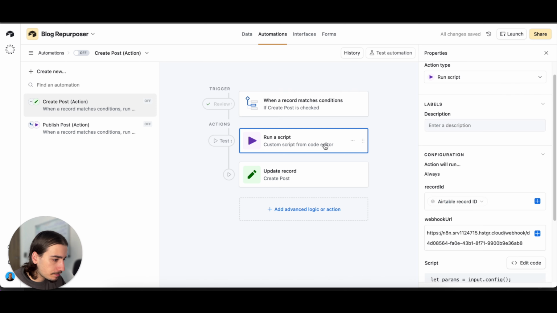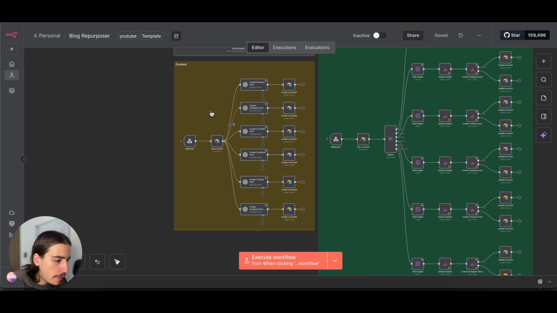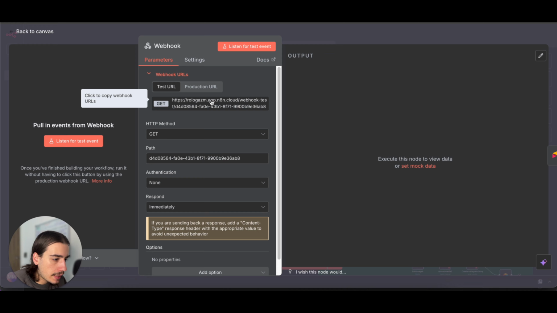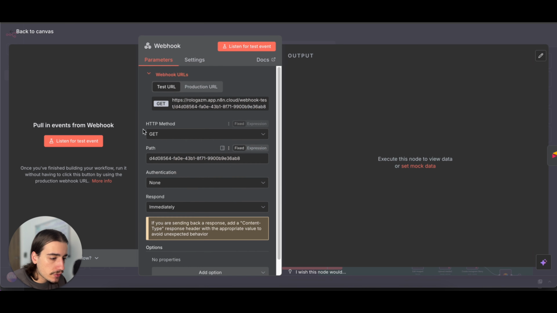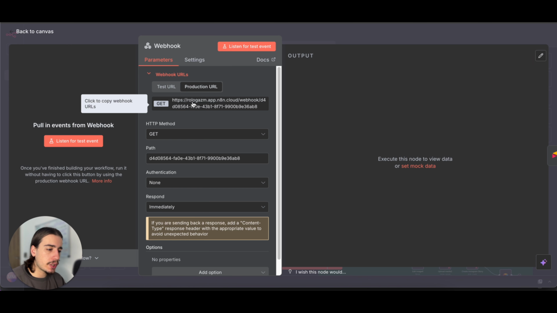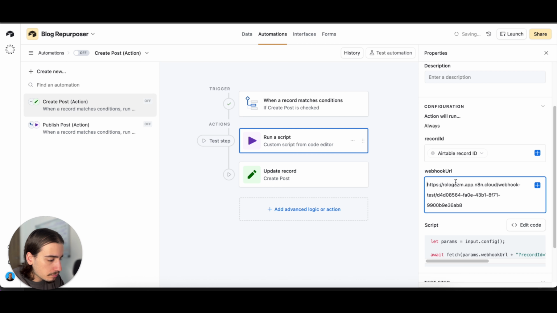I'm just going to select that, and then in the webhook section here, the runner script, all you're going to want to do is come back to this webhook here and copy and paste your test URL if you're testing, or if you have this n8n workflow inactive and you just want to run it manually, get your test URL. But if you want to activate the workflow straight away, then get your production URL. But just for this, I'm just going to grab the test URL just for now,